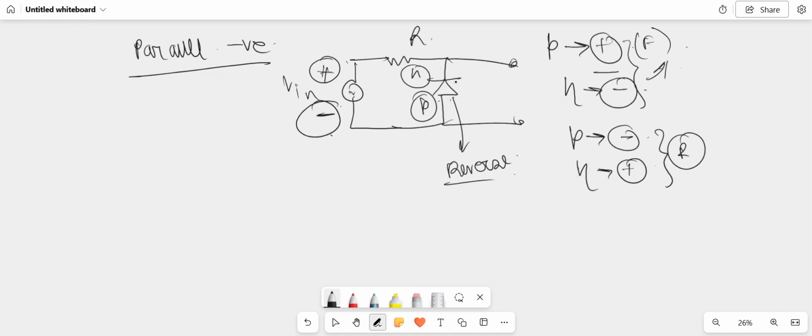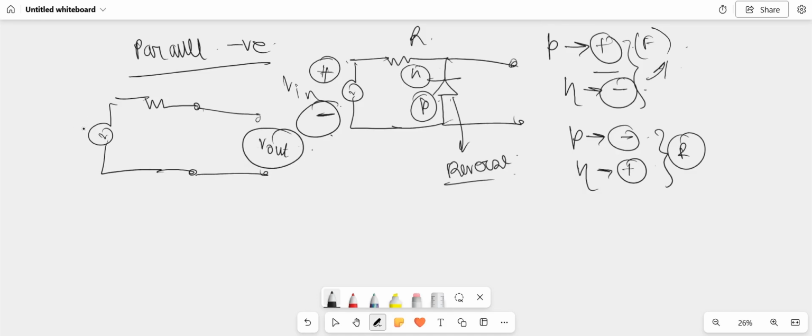According to this condition, this diode will become reverse biased. So what happens? This diode will not conduct and it will act like an open circuit. When it acts like an open circuit, the circuit becomes open at this particular point, and we will be collecting our output voltage across these two terminals. The input voltage which we are getting across these two terminals, we will get this same input voltage across the output terminal. So during the positive half cycle, we will be getting the output voltage. But during the negative half cycle,